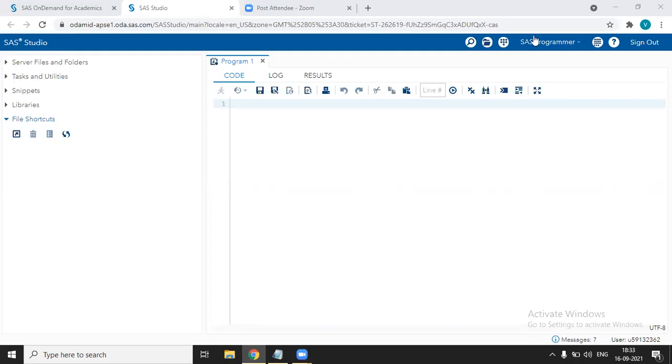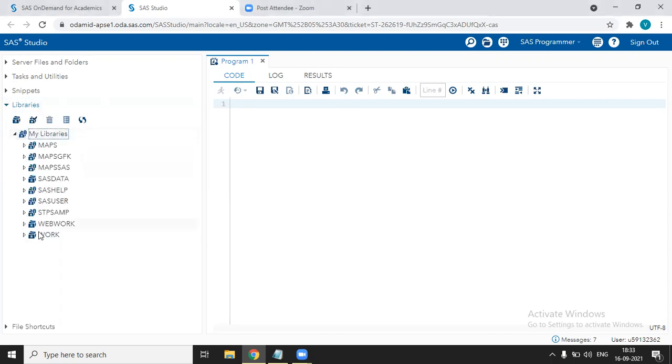Good morning, guys. In this lecture, we are going to see listing of the SAS dataset. In the last lecture, we have seen how to import a SAS dataset, and we have also imported the grades dataset in the work library. Now just see whether the dataset is there in the library or not. Go to libraries, then My Libraries, and go to the work library at the end. When you click on this triangle, you can see there is no dataset present in this work library. But we created the dataset in the last lecture, and the dataset is not present here for this instance.